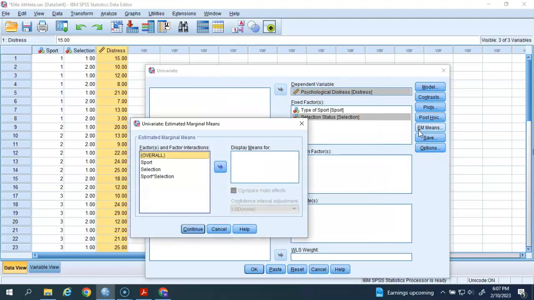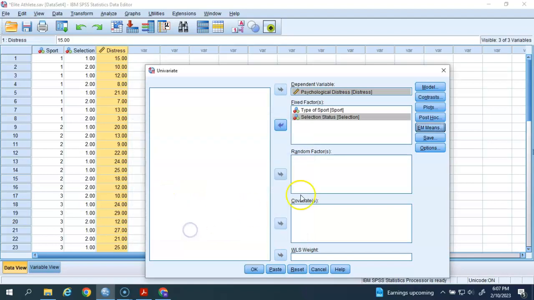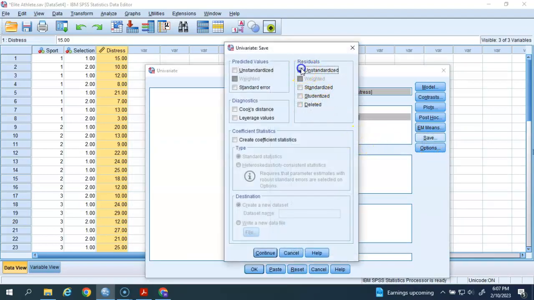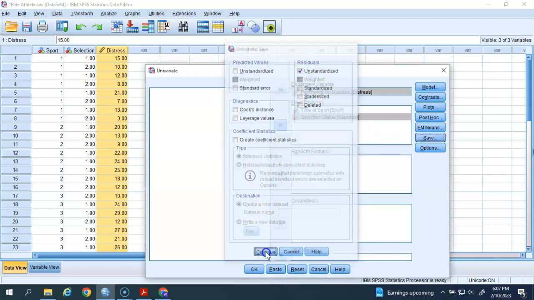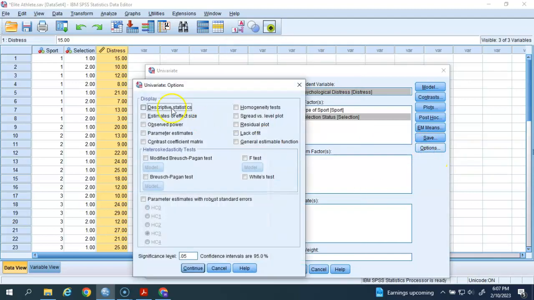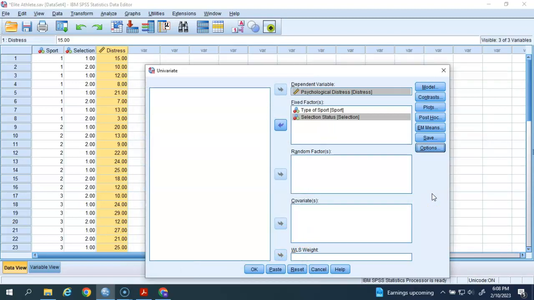We can do the same thing for displaying our means here. So we'll go ahead and select all of those. Click OK, continue. We will do residuals just like we did in our previous video. I'm going to click continue. And our options, a lot of these I'm going through faster because in my last video, I spent a lot of time. Descriptive statistics, effect size, observed power, homogeneity, and some of our plots. Looks pretty good. So we're basically doing the same thing we did with the one-way analysis of variance, but now